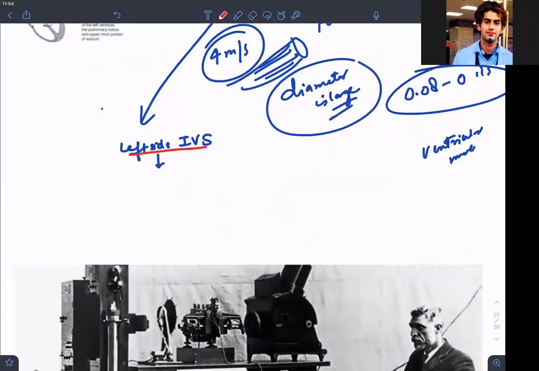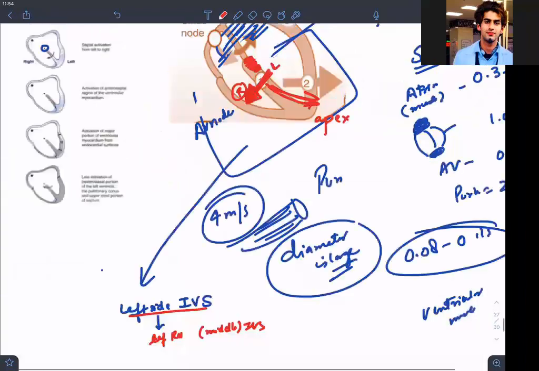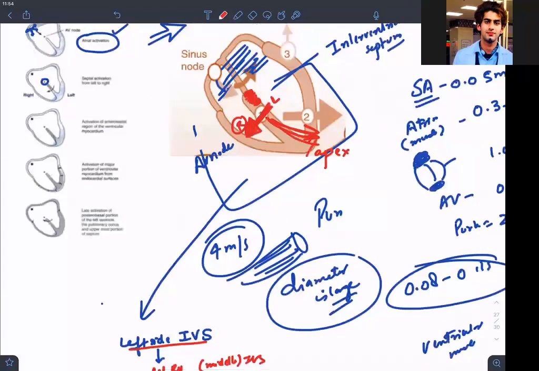Okay. And then it goes from left to right, and when it reaches the middle portion of the interventricular septum, from that, the wave of depolarization then goes to the apex of the heart. Yes, it went into the apex of the heart. And then it is running along the ventricular walls, isn't it? See where it is finally going, like this. Can we see how it is going? Let me take the pointer for you people. Can we see the wave went like this, and then it depolarizes from this, and then it goes to the apex, this.